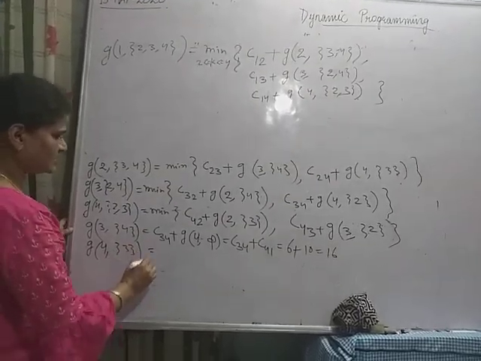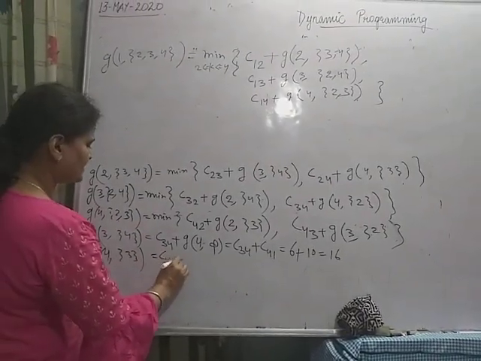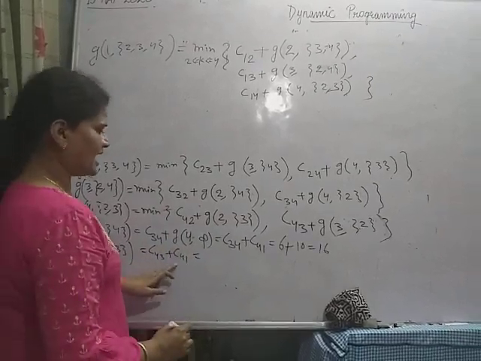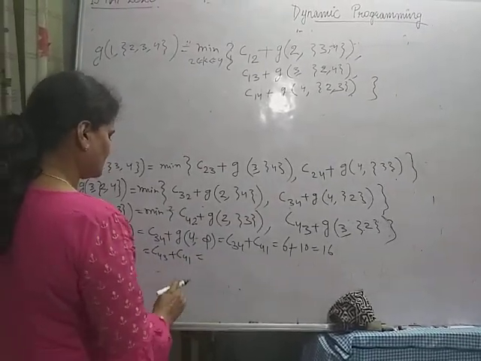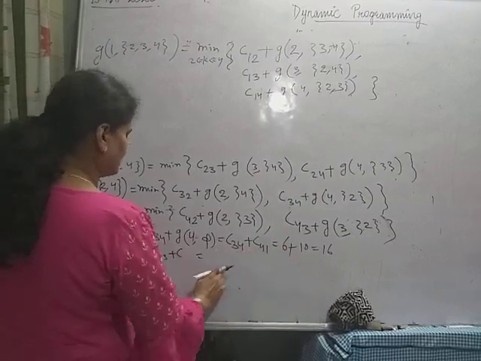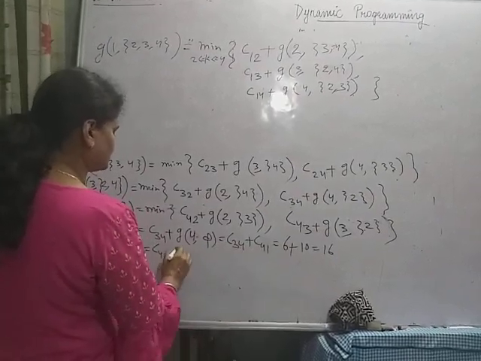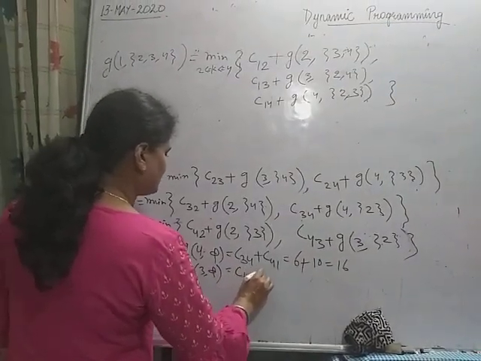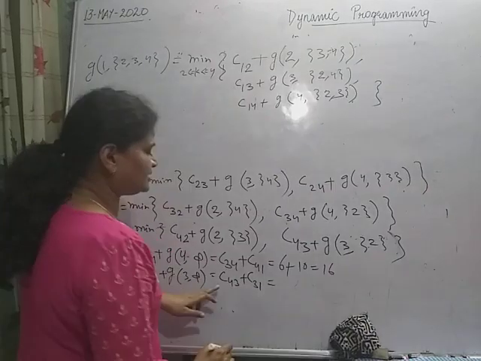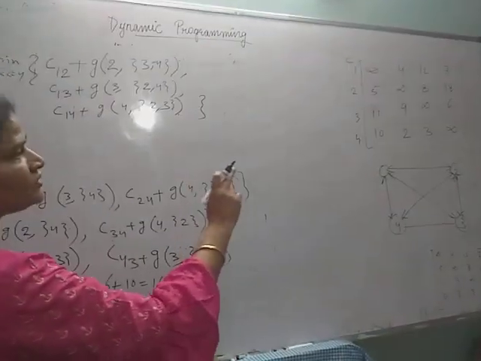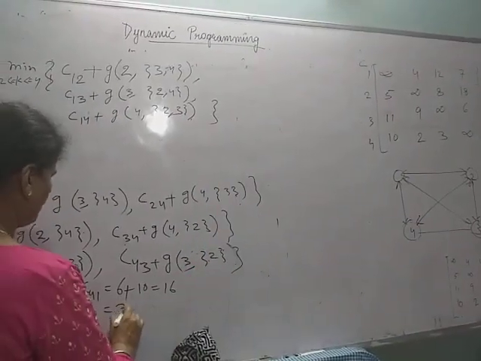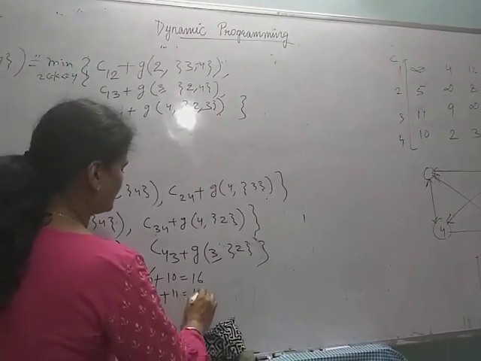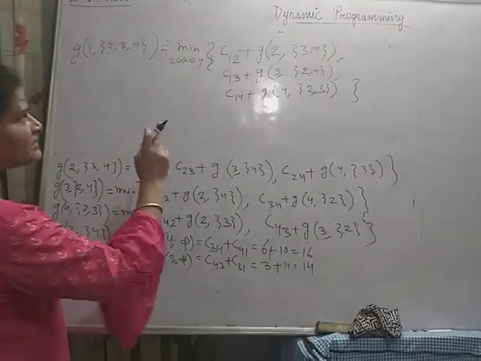Similarly, G43 is what? C43 plus C41. Okay. Similarly 4 3 and 3 1, 3 4 and 4 1. You can write one more condition. Yes, 3 and 5. So C43 plus C31. 4 3 is 3 plus 3 1. 3 1 is 11. 11 plus 3 is 14. Okay. Now 4 3 के बाद क्या है?